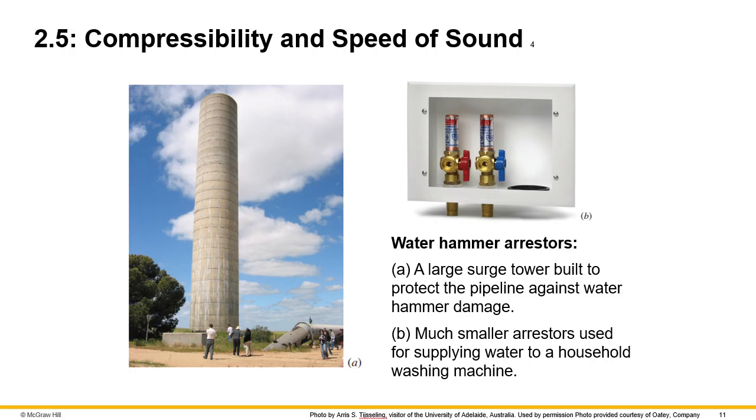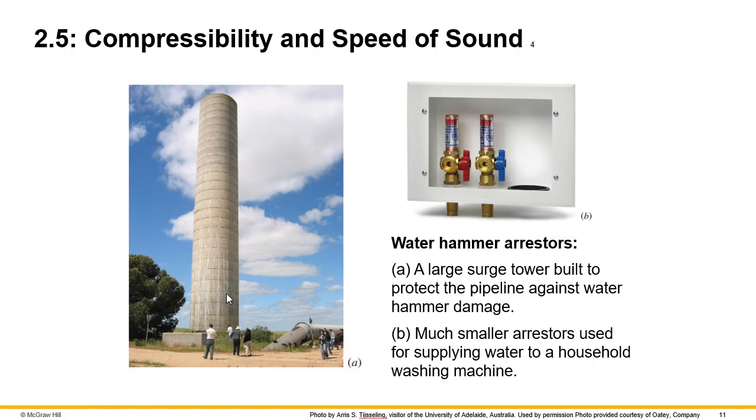And this slide shows two water hammer protection devices. The first one is called a large surge tower. So what it does is, when you have a very large pipeline as shown in here, when you're closing the pipeline, because of water hammer, it can damage the system. So this surge tower can accommodate the excess pressure by filling it with the excess water, and that can reduce